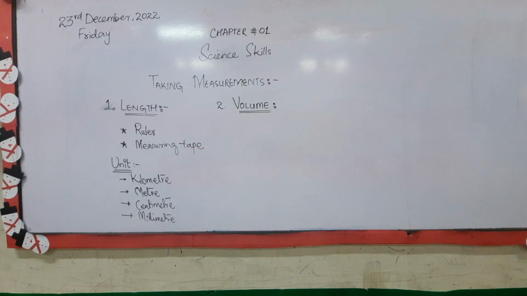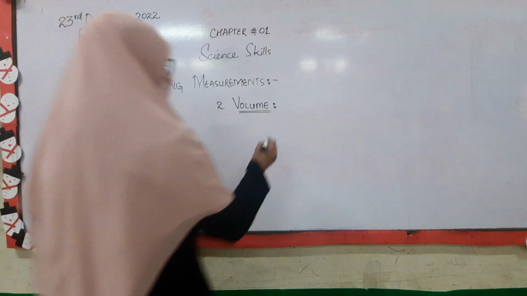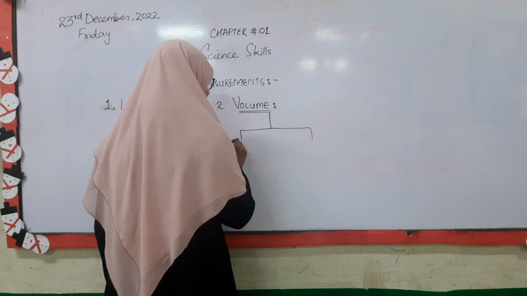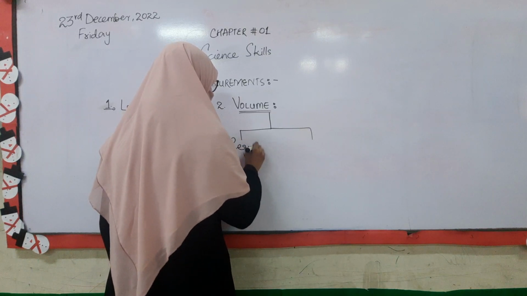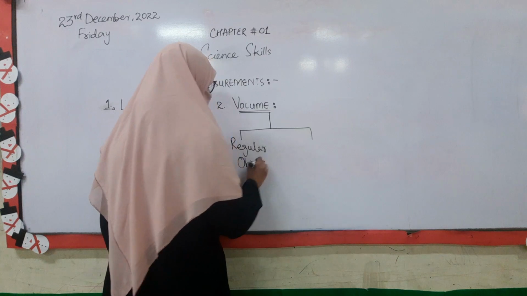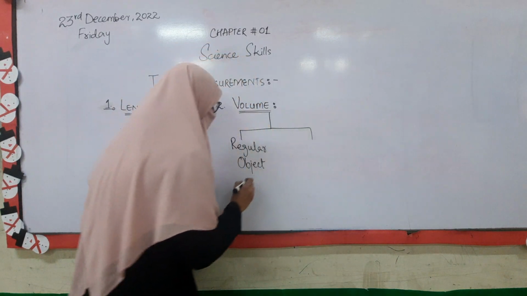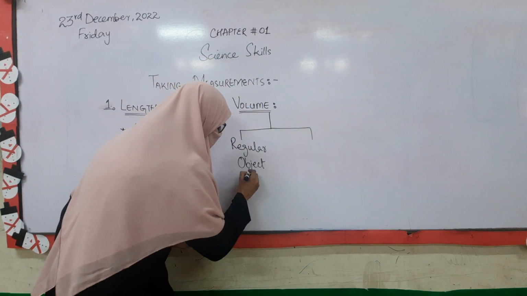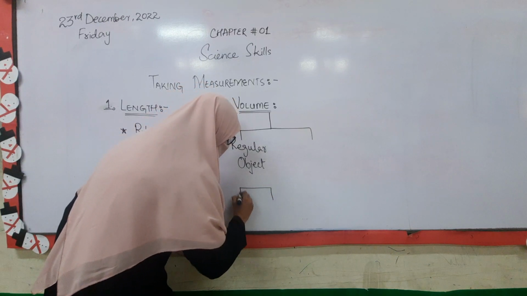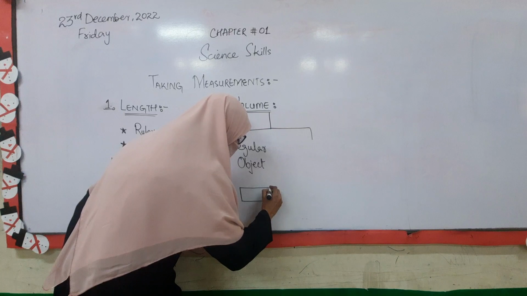Now volume, we can measure of a regular object and also of an irregular object. If we are discussing the volume of a regular object, then we can find out the volume of, for example, a cube or cuboid. If we have to find out its volume,